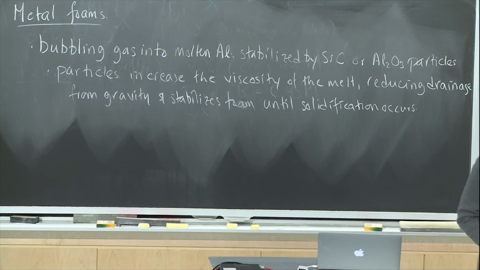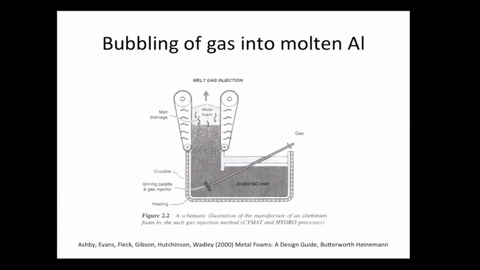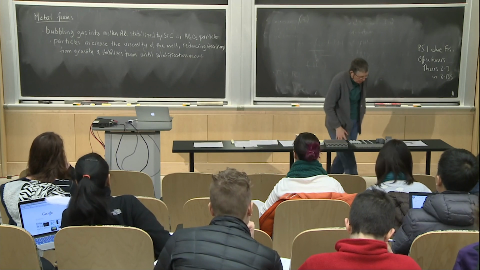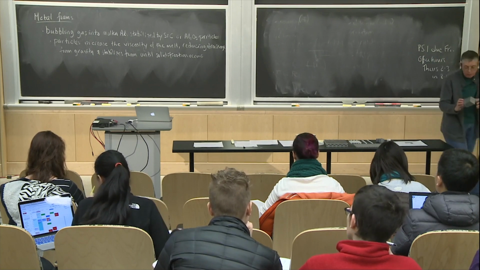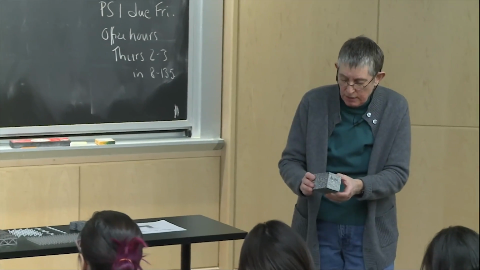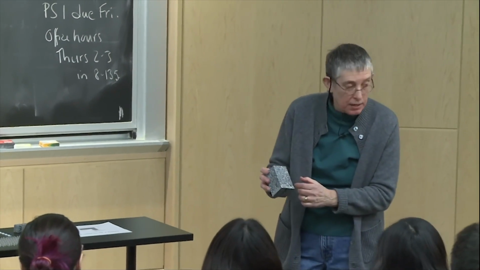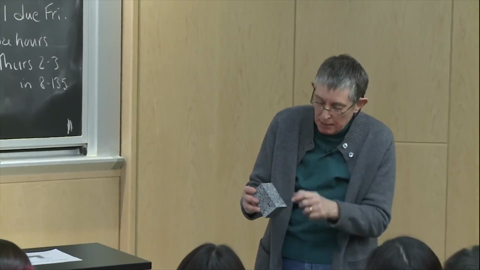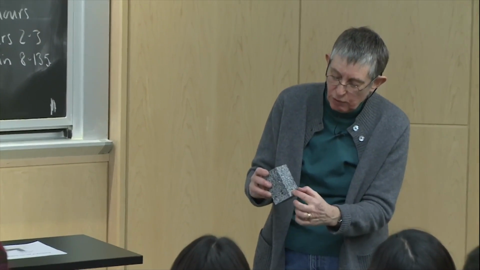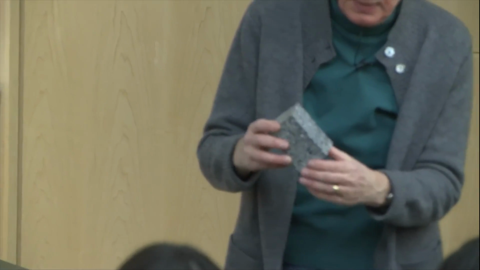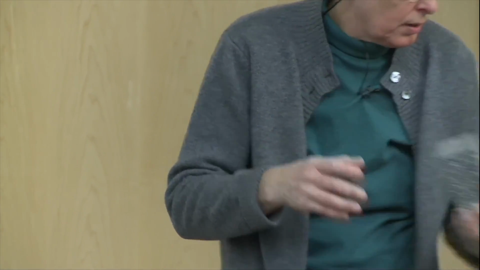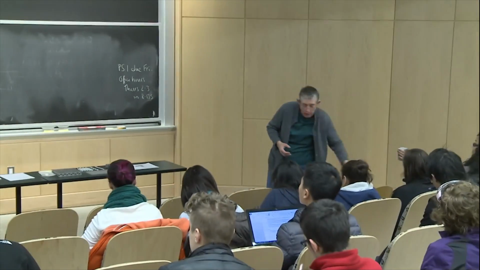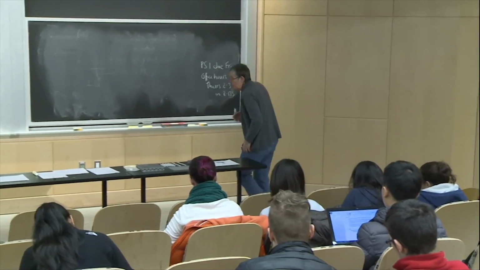So that process was developed at Alcan in Canada and at Norsk Hydro in Norway. And this foam here is an example of the foam that they've made. You can kind of see there's a density gradient in this foam. I'll pass it around, you can see it. The bubbles are smaller down here, and there's fewer of them than there are up here. And that's partly from the drainage. The molten aluminum is draining down, and you get more liquid at the bottom, and then you get more solid at the bottom. So that's the Alcan foam.